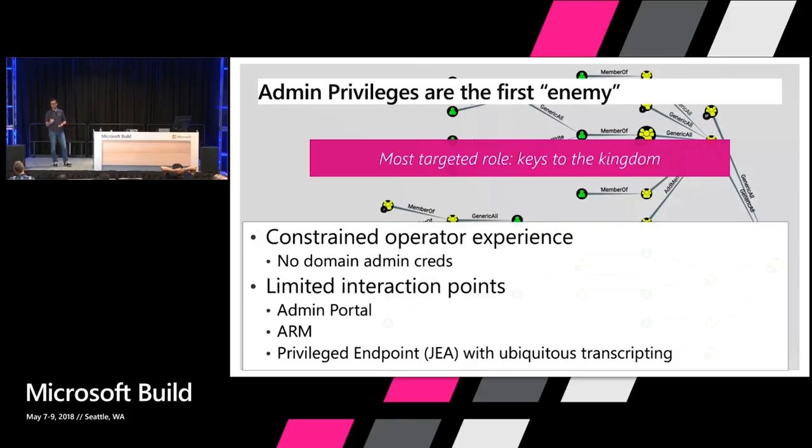So if somebody steals your credential, yeah, they may be able to turn off Azure Stack and do a denial of service attack that way. But sure enough, if you don't detect that somebody turned off your appliance, you have a bigger problem than the security itself, right? But that gives you an idea of where they go. If you don't want to use the admin portal, then you go to ARM. You can use PowerShell, command line, Python, whatever you like. That exposes the same actions and functionalities as the admin portal. As a matter of fact, the admin portal calls ARM to perform the action and exposes a point-and-click experience.